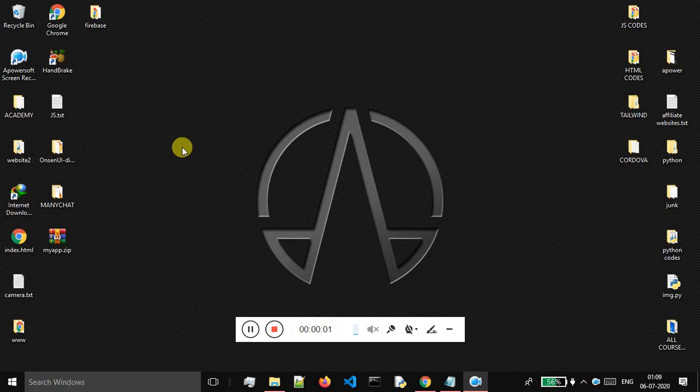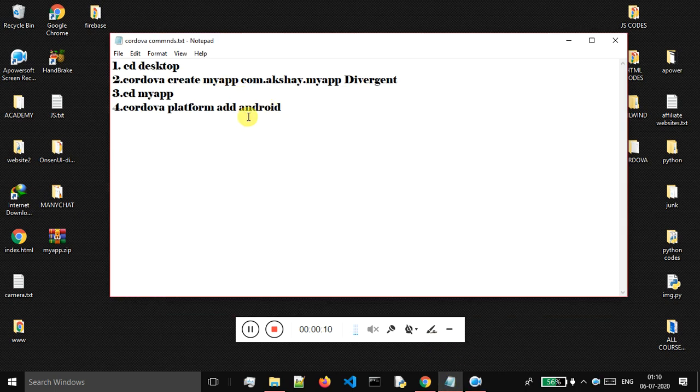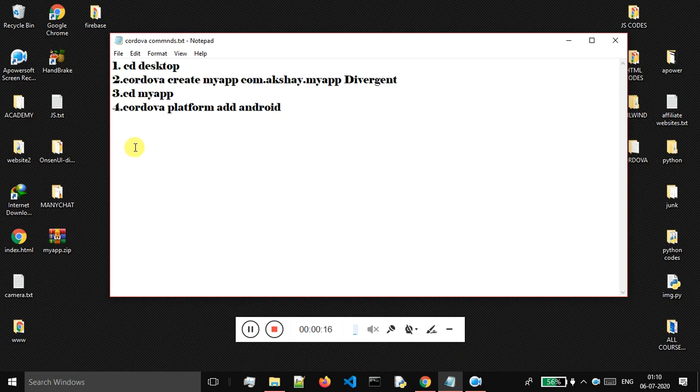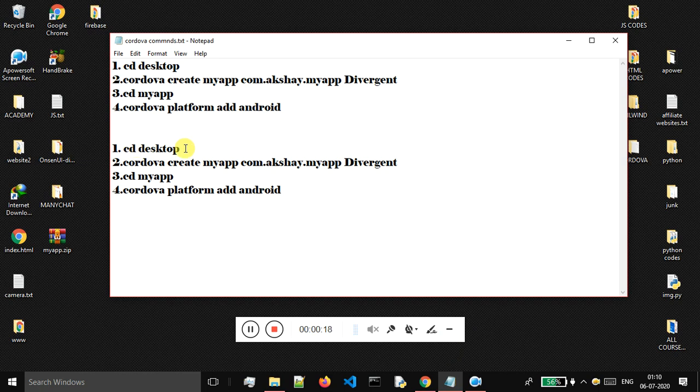So what's up guys, welcome to this tutorial, and in this class we will see how to make use of Tailwind with Cordova. So these are those commands which we will be using to create our app. So what I'll do is I will copy this and I will paste them down below, and I will modify this now. Okay, so I want to give the name of my directory as